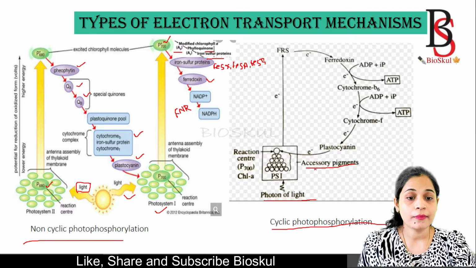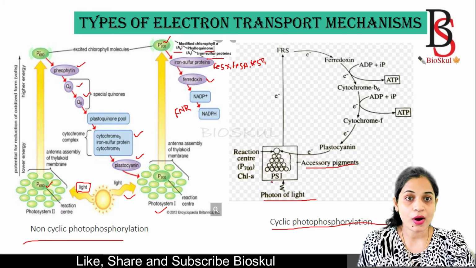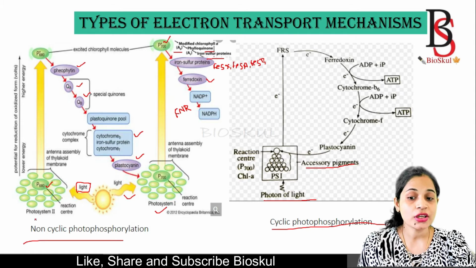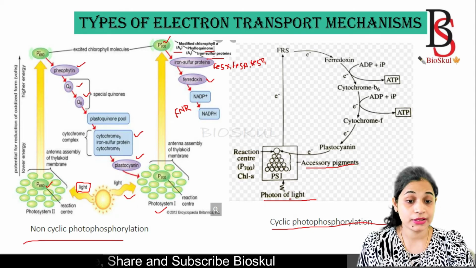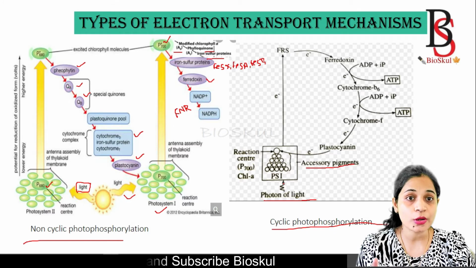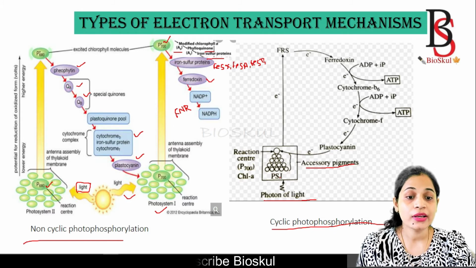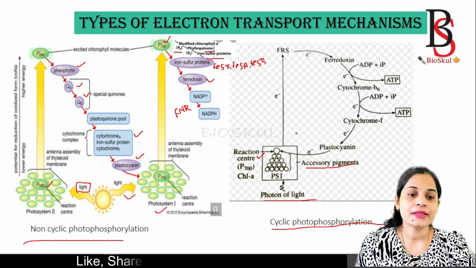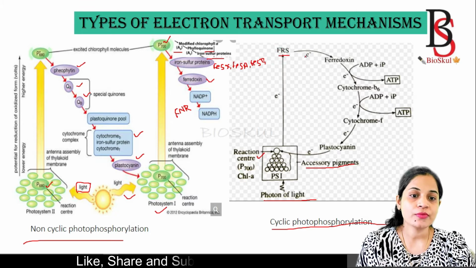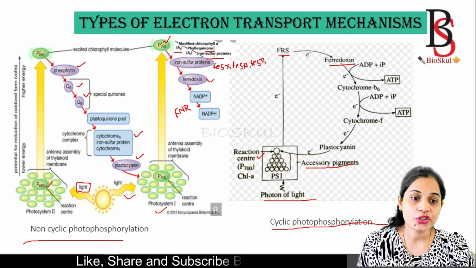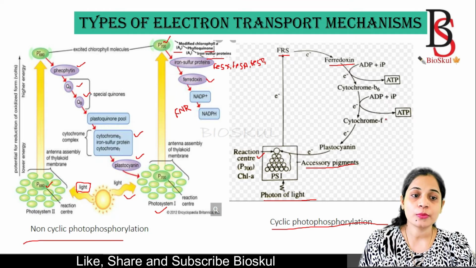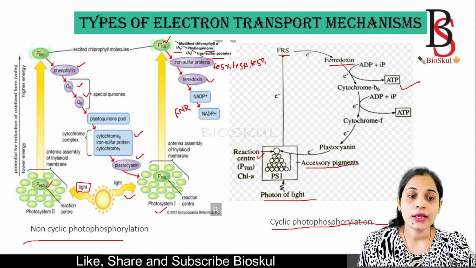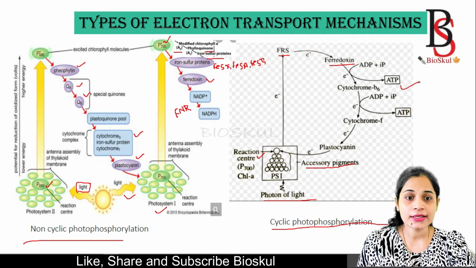Photons of the light will hit photosystem 1. Okay. In the non-cyclic reaction, it starts with photosystem 2, but cyclic photophosphorylation starts with photosystem 1. The photon of the light will hit photosystem 1, and first it will be received by the accessory pigments, then by the reaction center, then it will be moved to the FRS. Then the electron will be moved to ferredoxin, followed by ferredoxin to the cytochrome B6F, and during this process ATP is produced,